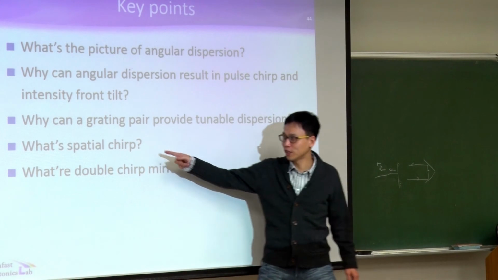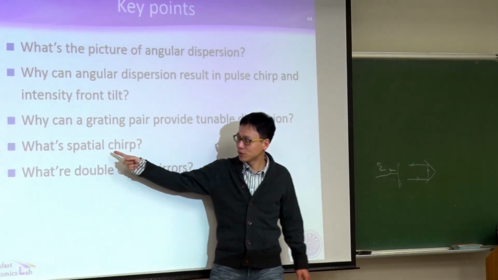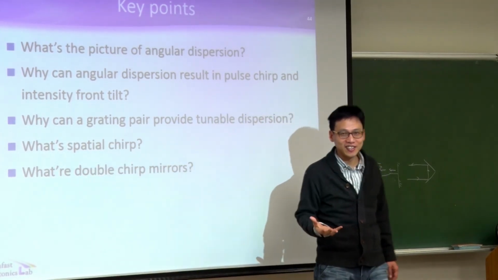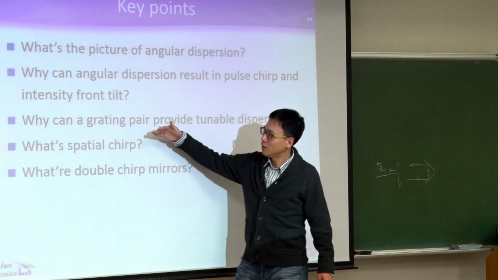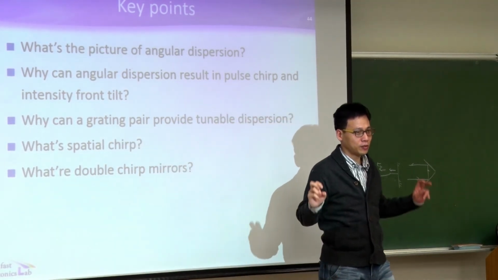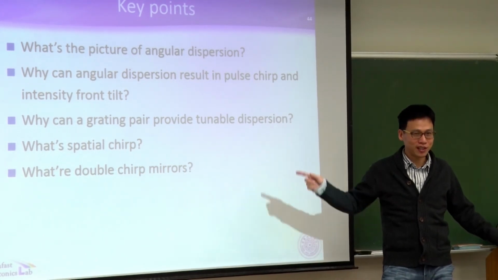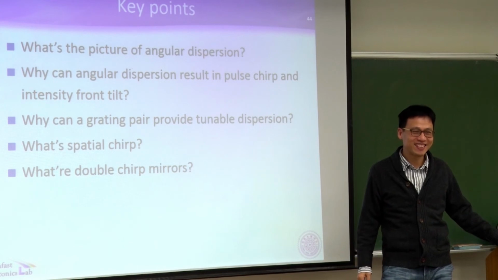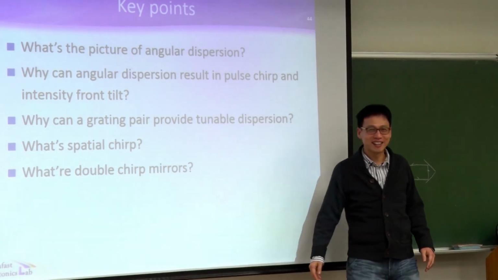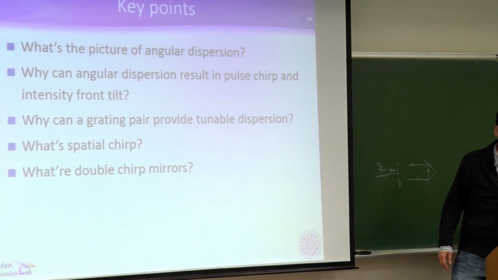What is spatial chirp? Again, you see chirp, that means frequency dependent or color dependent. You see spatial or space, right? That means position. So this means frequency dependent position. Okay. And if you think about the grating pair geometry, you can figure out why that is. 就是出来的时候高度都不一样。